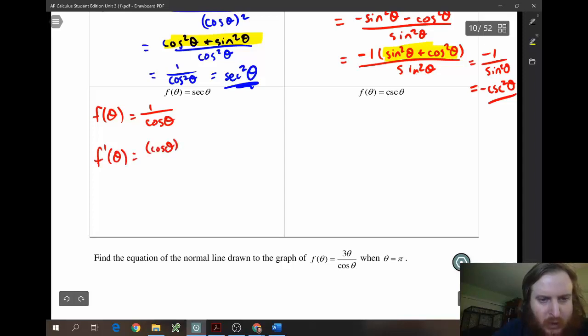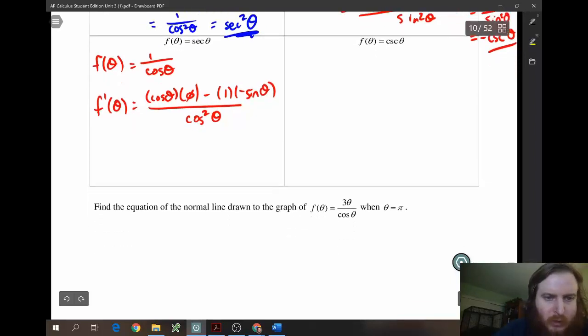Now for d high, the derivative of 1 is 0. Then minus high, which is going to be 1. D low, the derivative of cosine, is going to be negative sine of theta, all divided by cosine squared theta. And so this becomes 0 minus negative sine, which will turn into positive sine theta